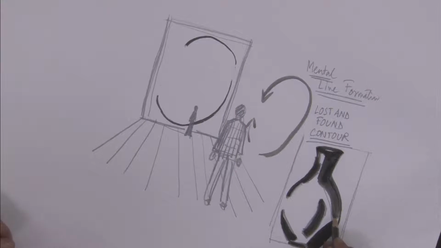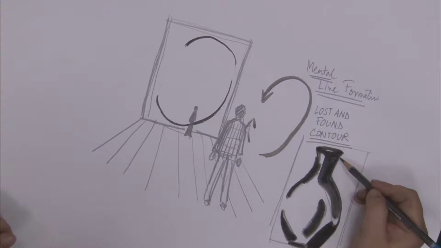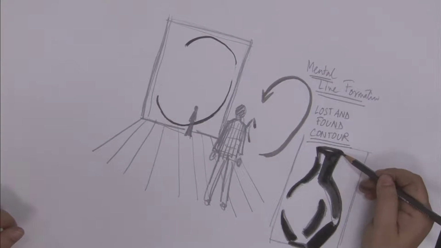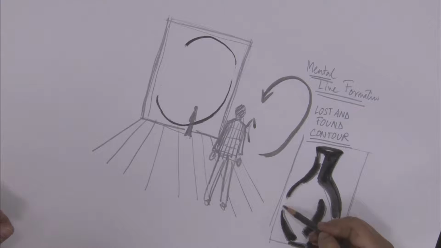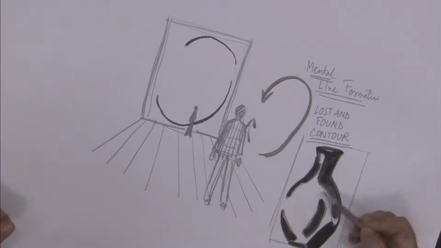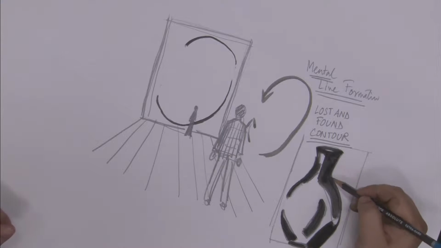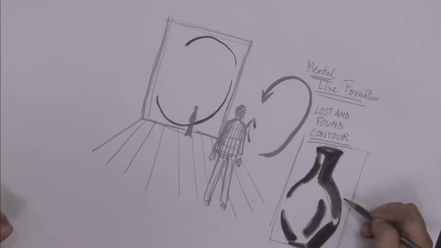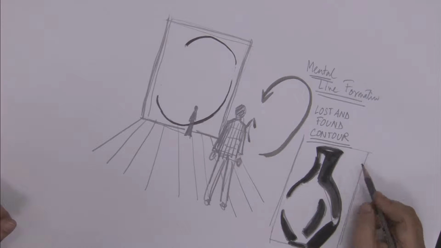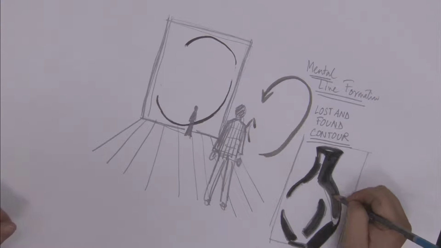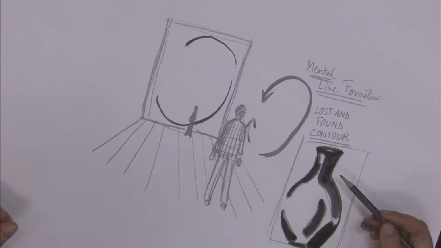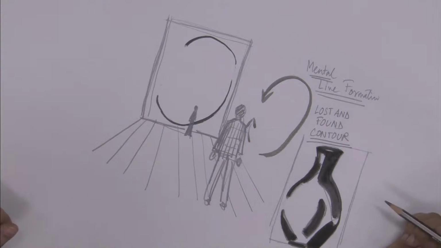Some lines are totally disconnected, some are connected, but through this lost and found contour line, where it is lost here, again you find it here, it gives us a sense of continuity, and it also gives us a sense of a shape where we have some cross contours to show the surface. There are multiple lines to render the form into its light and dark rendering. So, through the variation, through some missing parts, we get a sense of a volume which can be very, very